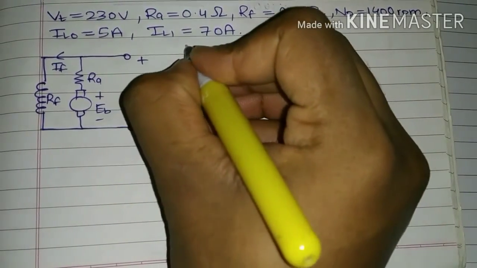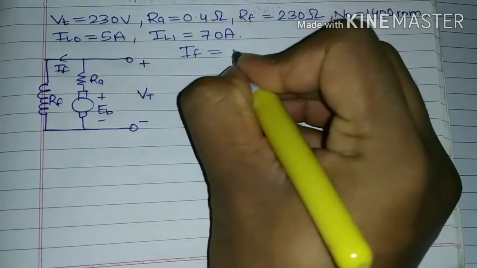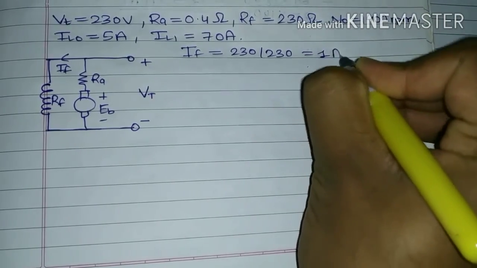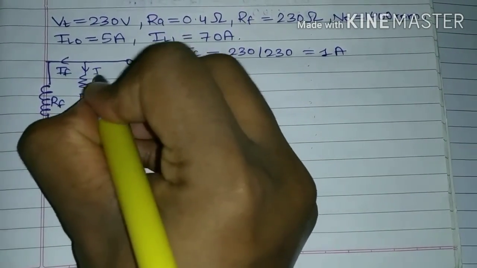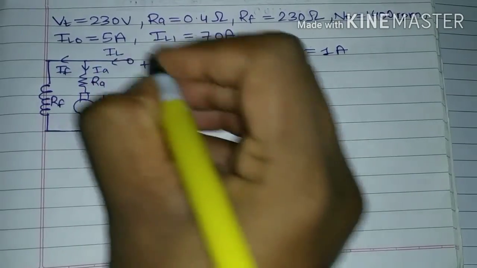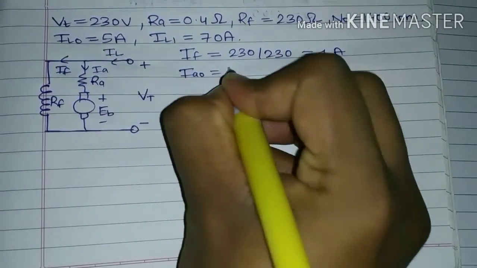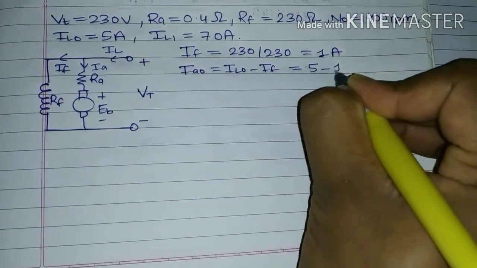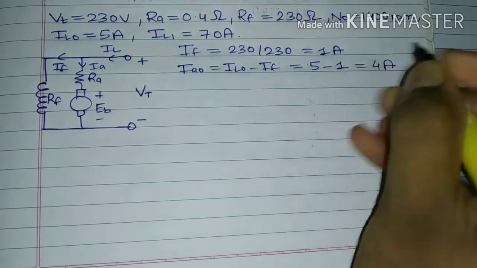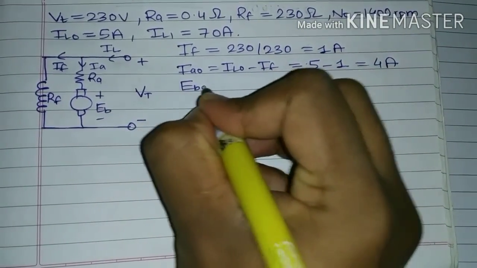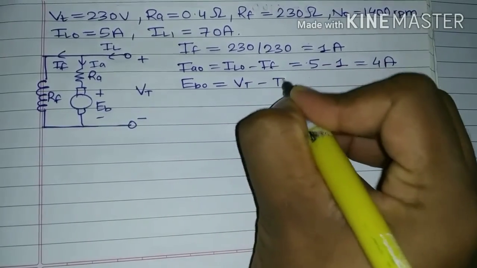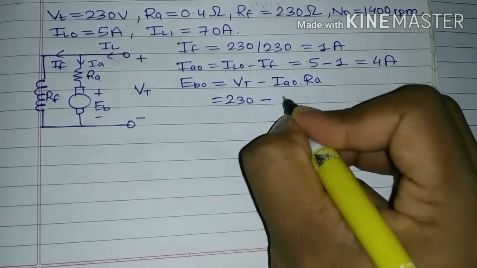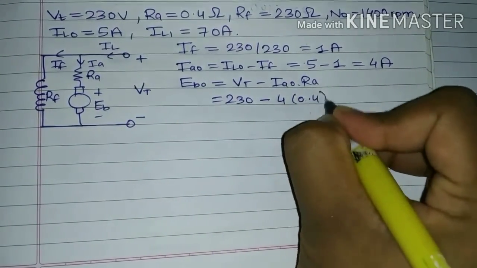First of all, let me find the field current. So IF is equal to Vt upon Rf, which is equal to 230 divided by 230, which is 1 ampere. Now the current flowing over here is Ia and this is IL. The no load armature current can be written as Ia0 is equal to IL0 minus If, which is equal to 5 minus 1, which is 4 amperes. Now by KVL we know that EB0 is equal to Vt minus Ia0 into Ra, which is equal to 230 minus 4 into 0.4, which turns out to be